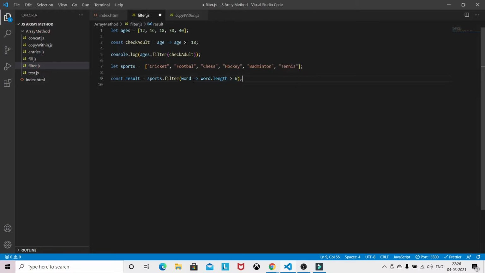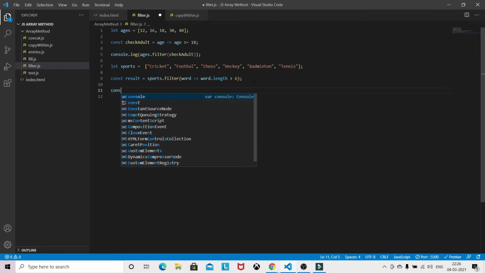So how can we get this? We use filter, and word.length greater than 6. So we will get cricket, football, hockey, badminton, tennis.